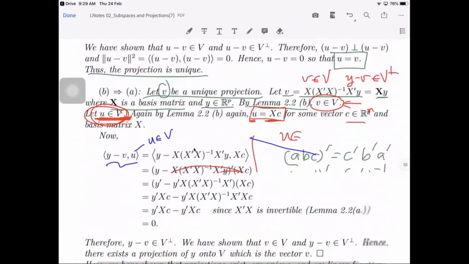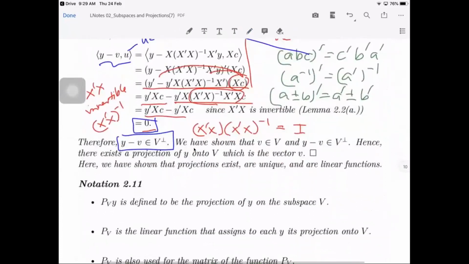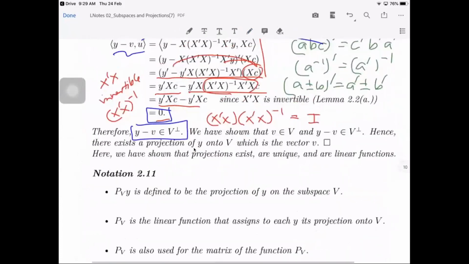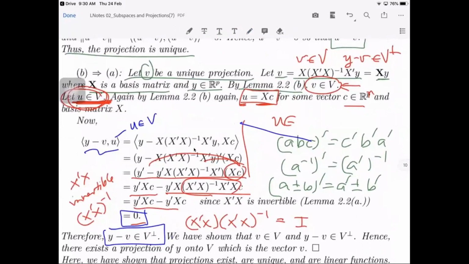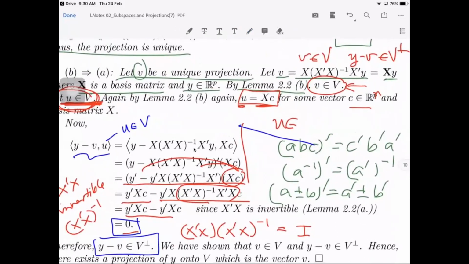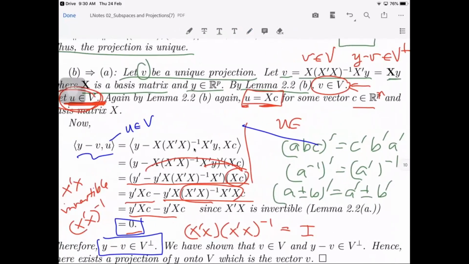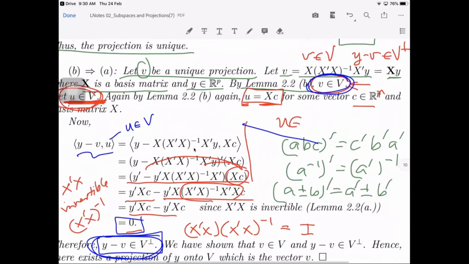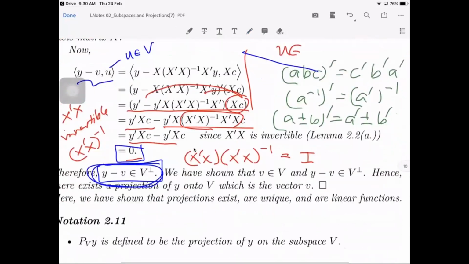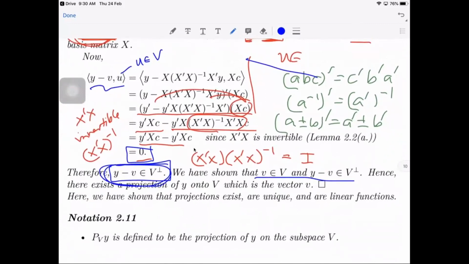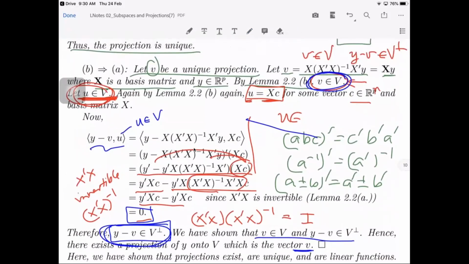So mo ning ang atong gi-prove din duha. Primero nimong ipakita B is in B. Ang ikaduha B Y minus B in B perp. So since we have shown these two, hence there exists a projection of Y onto V, which is the vector V defined as